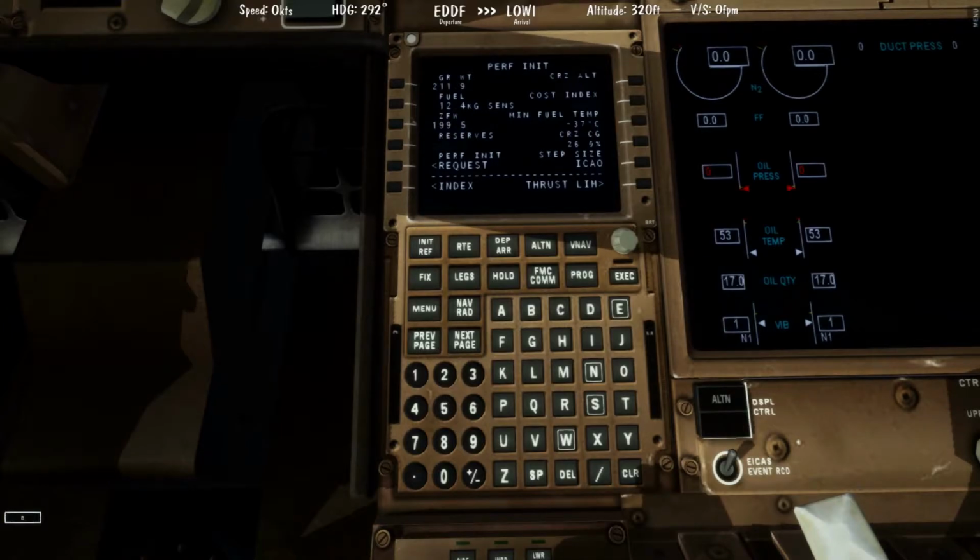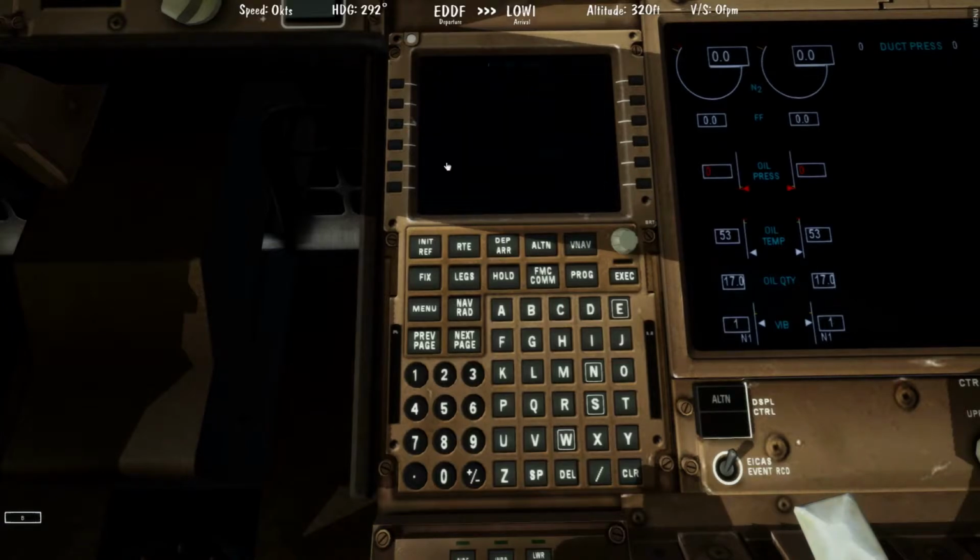Reserves for this flight is 6.6 tons. Cruising altitude is 230, as I have mentioned earlier. Cost index is 26. And there are no problems. Alright, thrust limiters. Let's find the METAR for Frankfurt. And it is 210 at 12 knots. Temperature is...